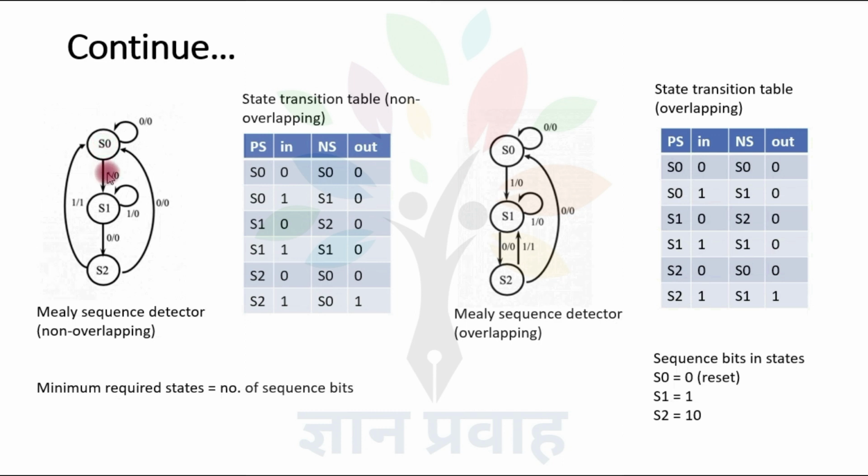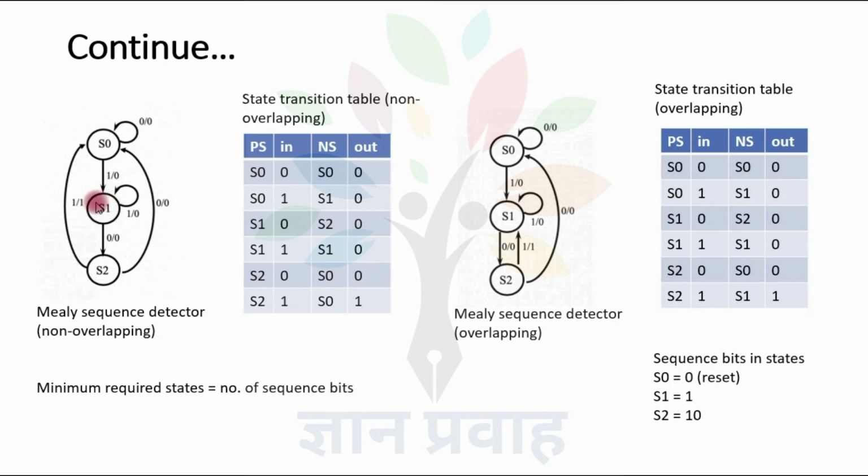When we are receiving input bit 1, then it is in the order of the sequence. The required sequence is 101, and we are receiving the first input bit of this sequence. Then we will move to the next state. So input is 1 slash output is 0, because the sequence is not detected here. Output will be 1 when the sequence is detected completely. It means when we receive the sequence 101, then the output is 1, otherwise the output will be 0.